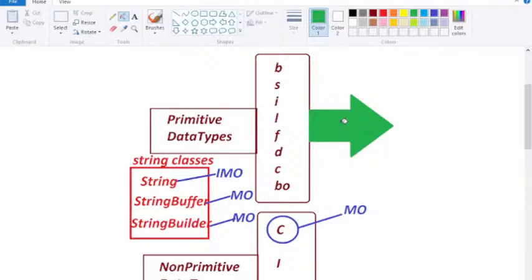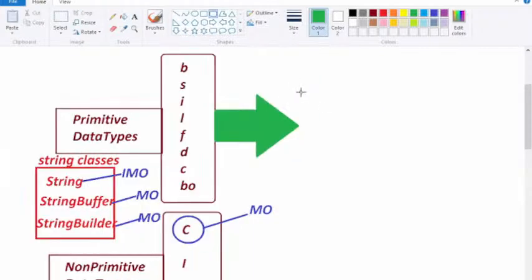That's the rule. User-defined classes and string classes give objects anyway, but primitive data types are available only as values. So why not make primitive data types available in the form of objects? Whenever we want to do that, we take the support